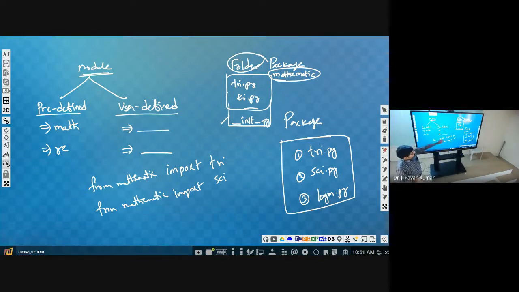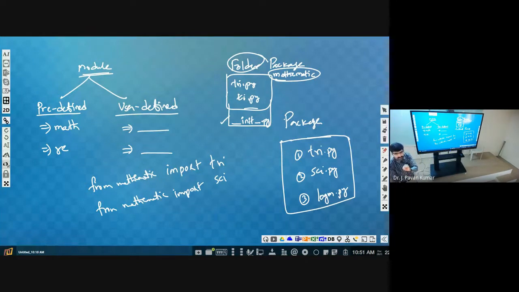Understand? A package is just a collection of modules. How can we make a folder a package? By putting the mandatory file called underscore init underscore dot py. What we have inside is just initialization code.